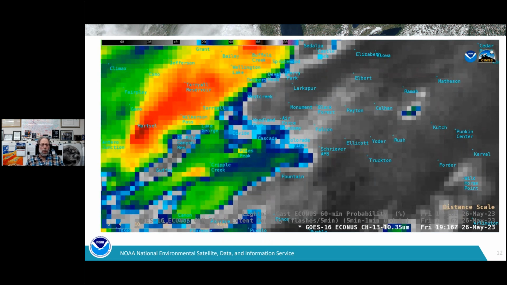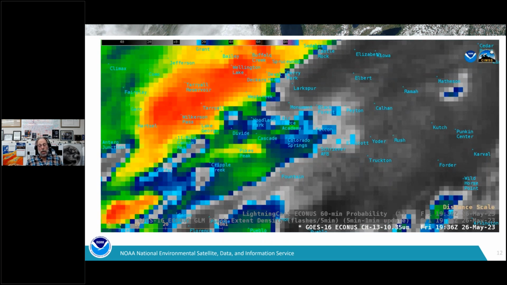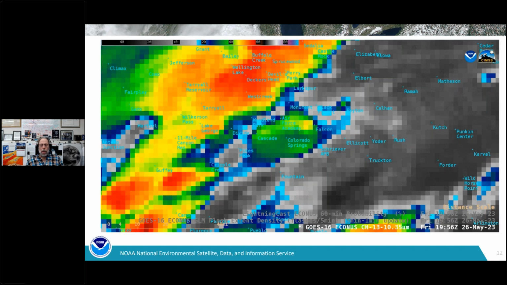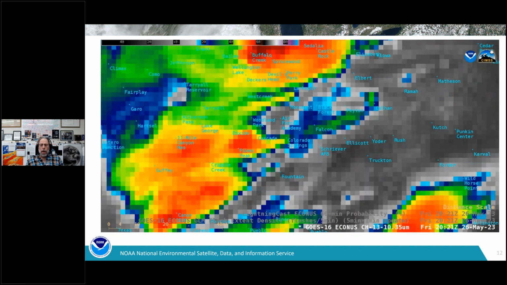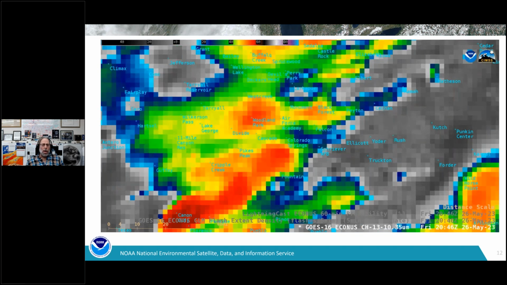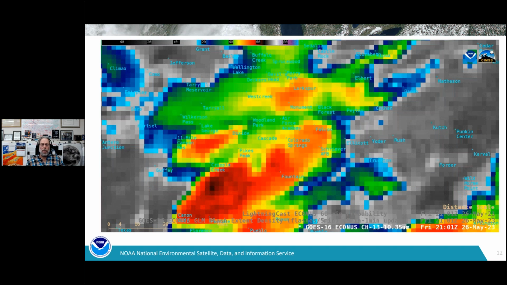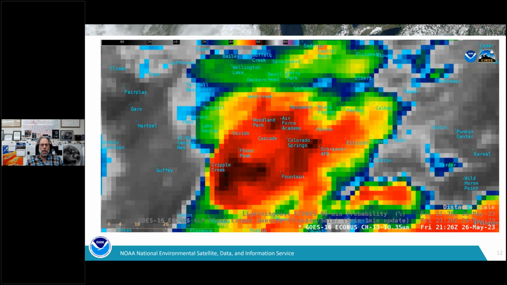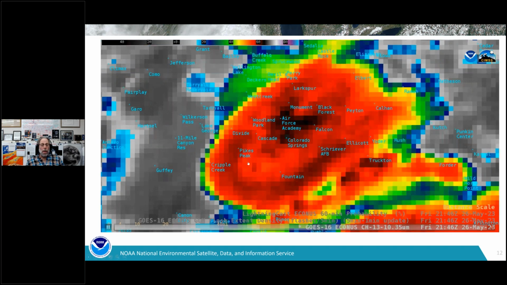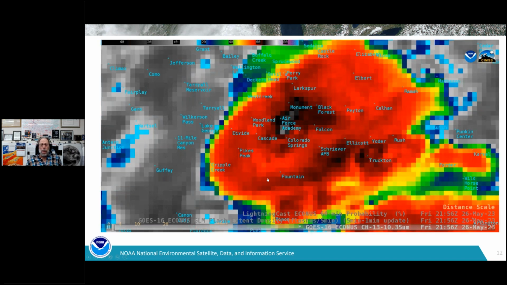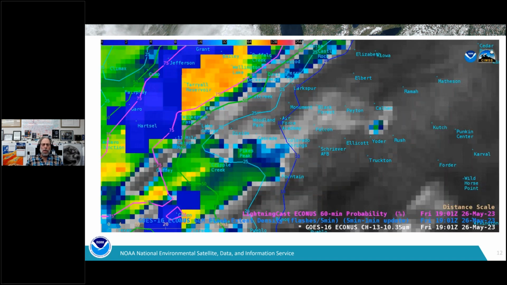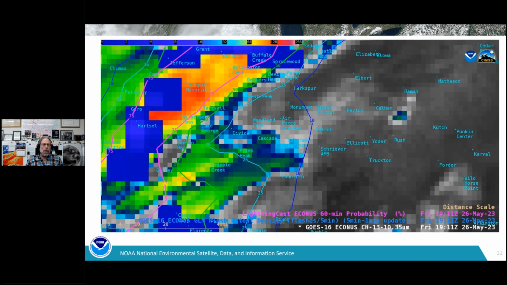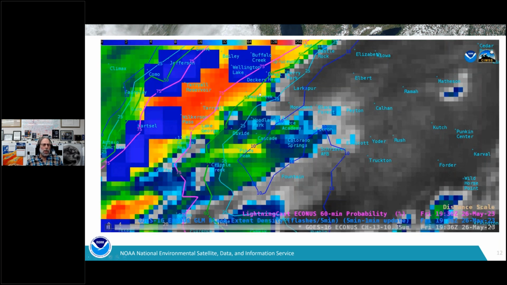So you could see we're just looking at the clean IR window at first, color enhanced, so the coldest clouds are colorized. And yeah, you can see maybe an advanced V feature there, etc. Obviously a big storm moving in, but now we add the contours.